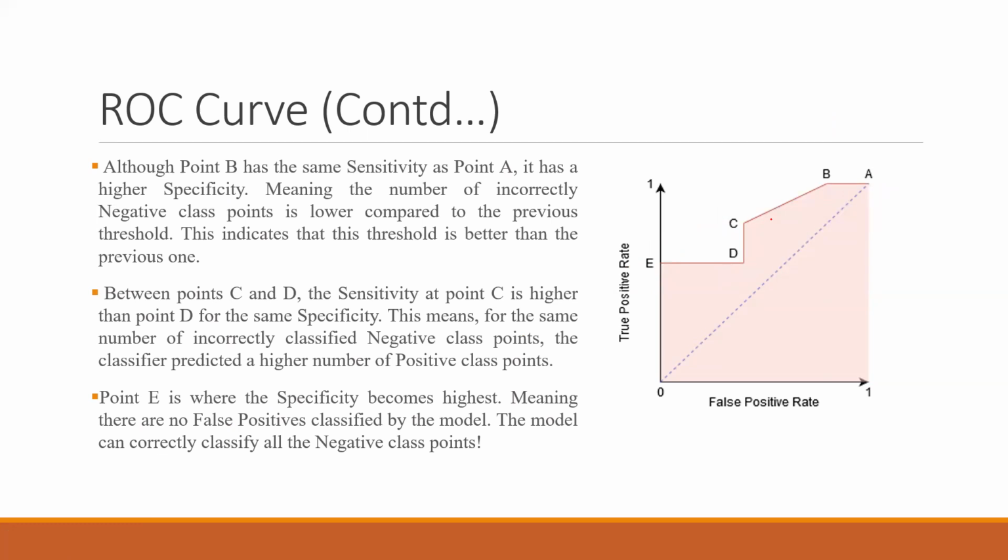ओवरऑल कौन सा बेस्ट है बताओ. देखो, ए बी में से बी बेटर था, सी डी में से सी बेटर था, एंड डी ई में से ई बेटर था. सो इन तीनों में से अब कौन सा बेस्ट होगा बी सी ई में से, अगर हम इन तीनों को कंपेयर करें? ऑब्वियसली सी, because you are performing decent in sensitivity as well as specificity. कोई भी आपका बहुत कम नहीं है.